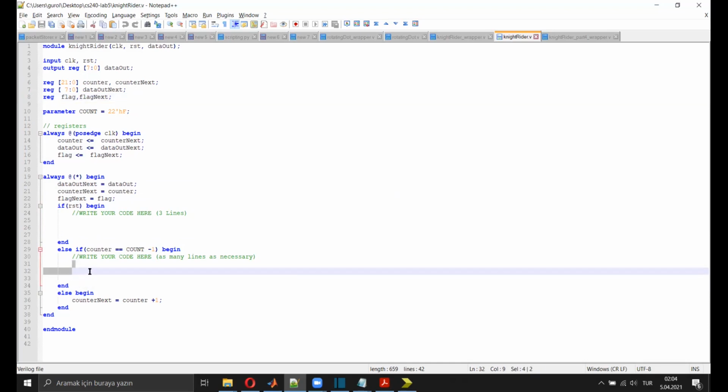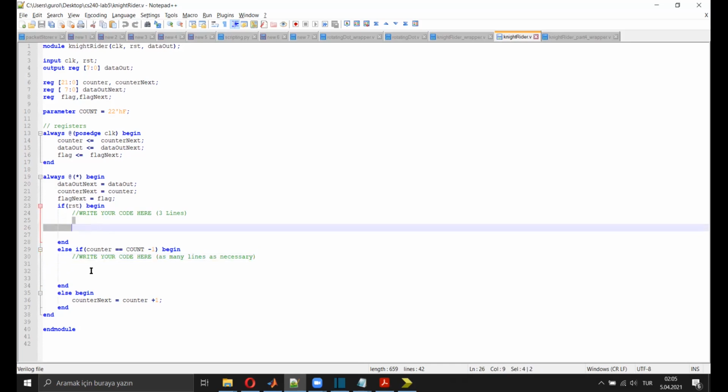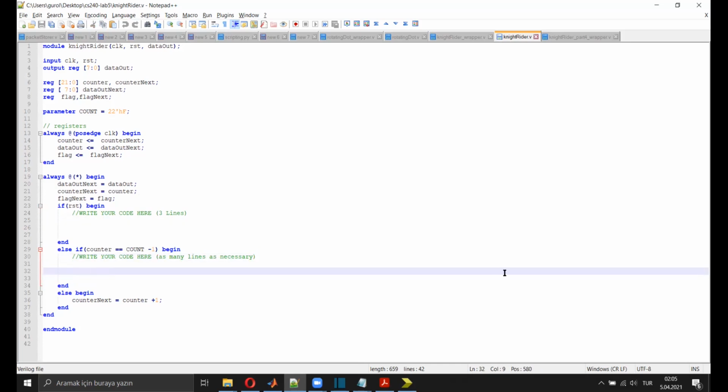You're going to write some more lines here, and we said as many lines as necessary because some of you may choose to write it in a shorter way, but some of you may choose to write it in a way that's going to take many lines. So we didn't specify any lines. So you're going to write your code here and here, and by the way,